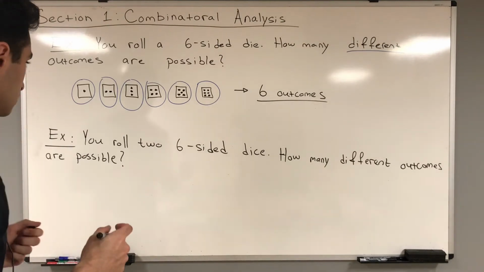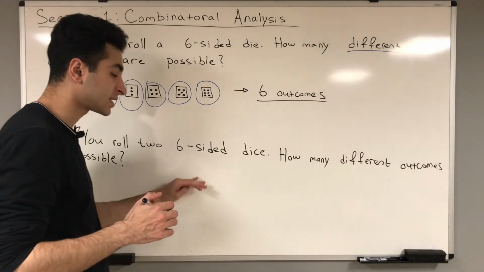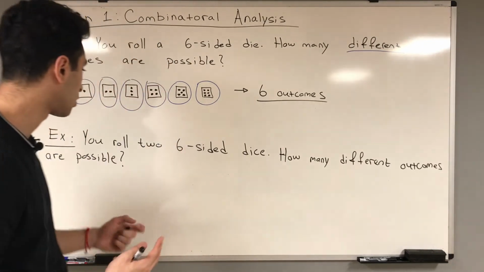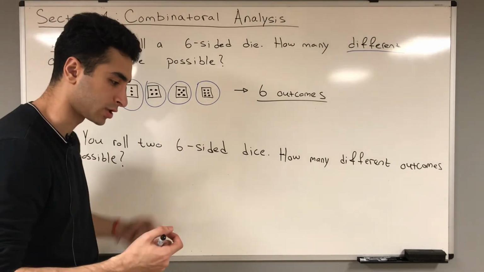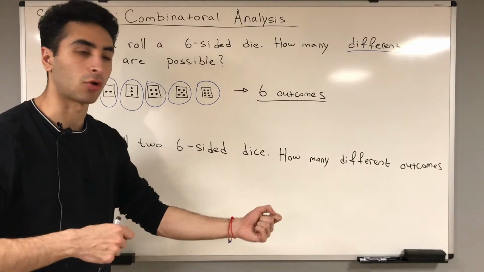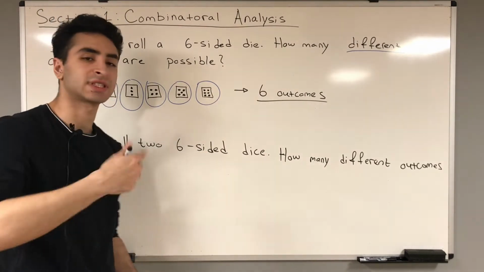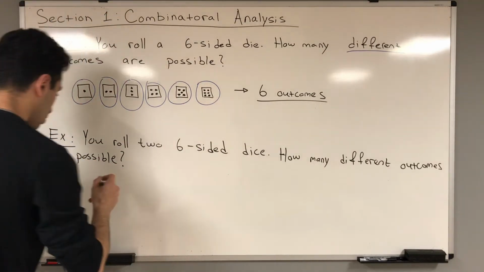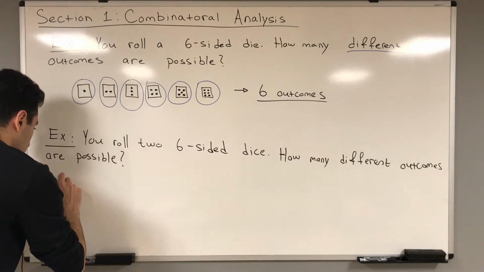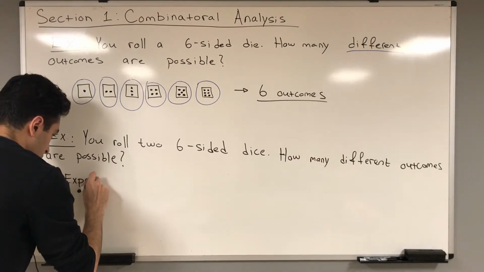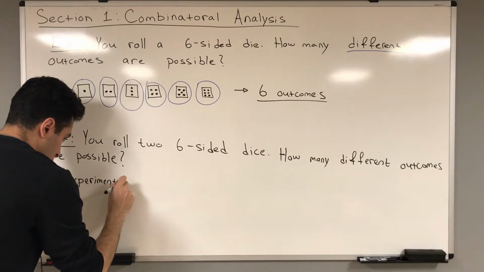So in this example, we have 2 experiments. Your first experiment is you roll one die, and your second experiment is you roll the other die. So we have 2 six-sided dice, so we have 2 experiments. So experiment 1